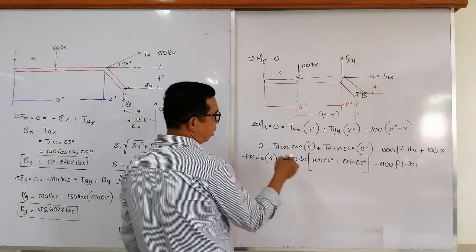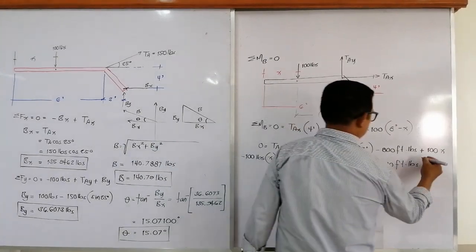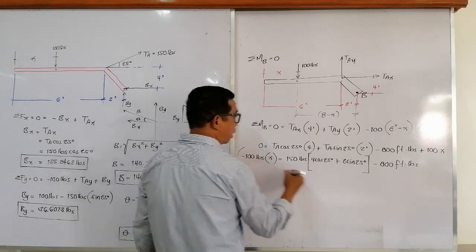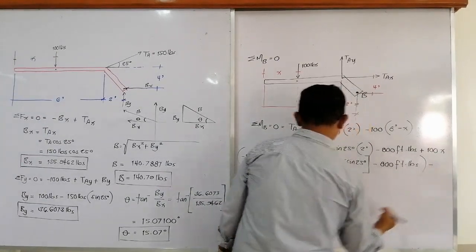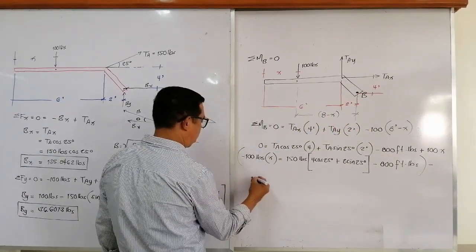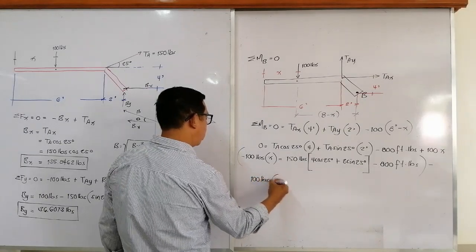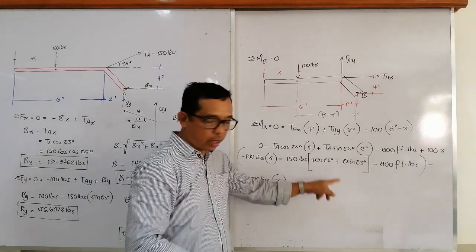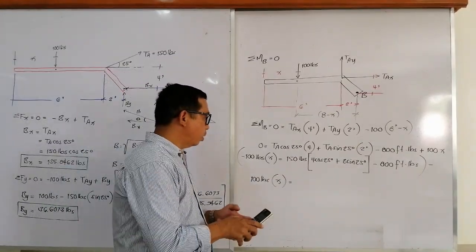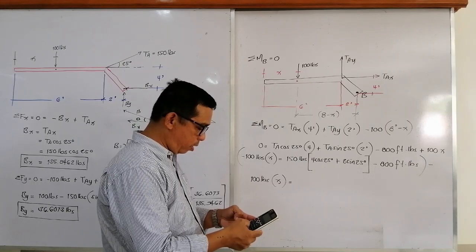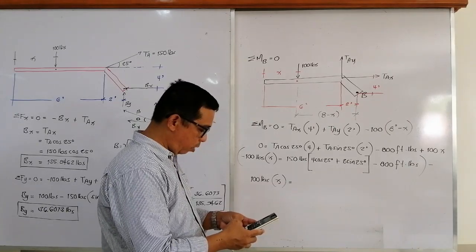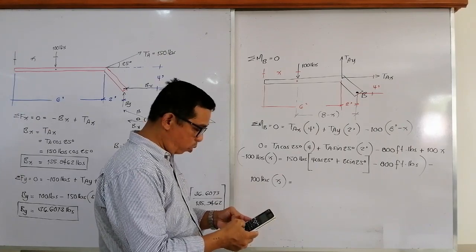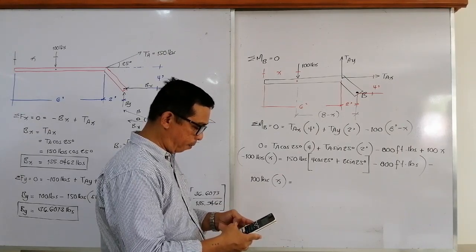Multiply all of this by a negative, so we can have this as positive 100 pounds times x equal to the product. So we have 4 cosine 25 added with 2 sine 25,